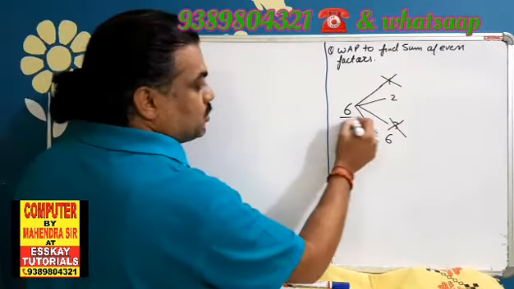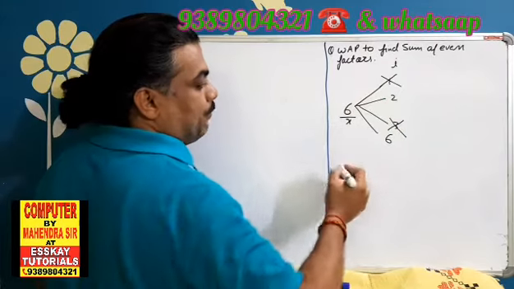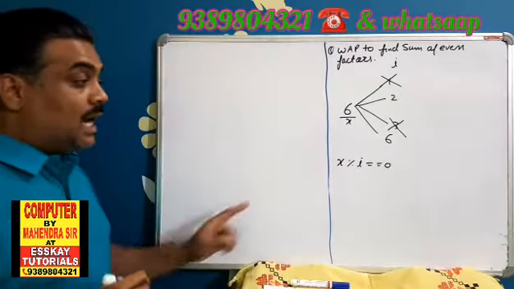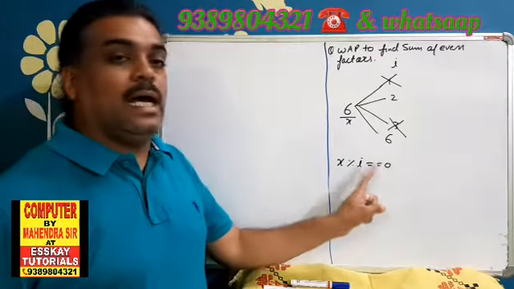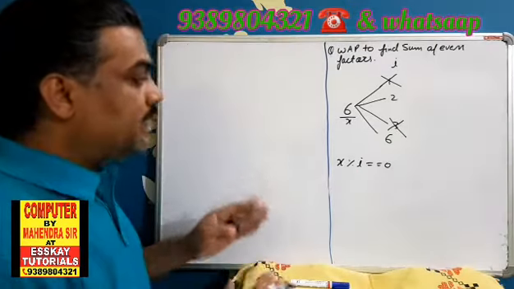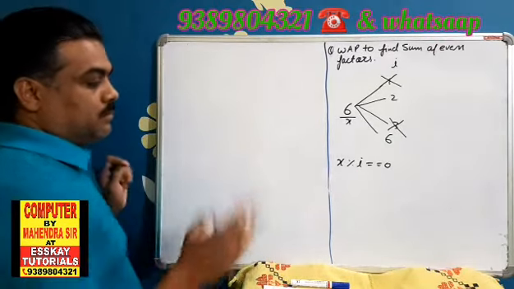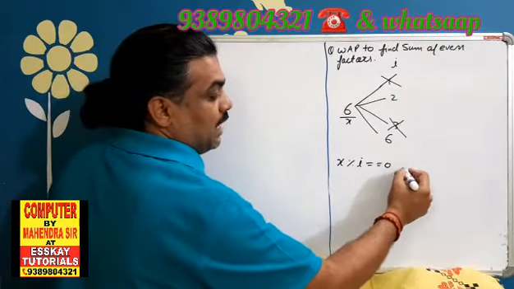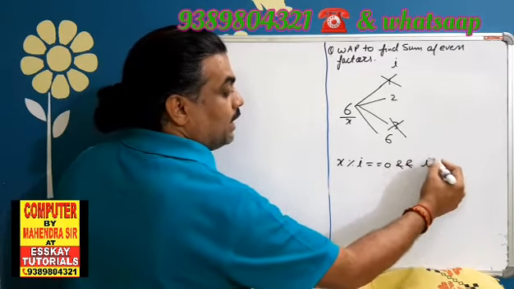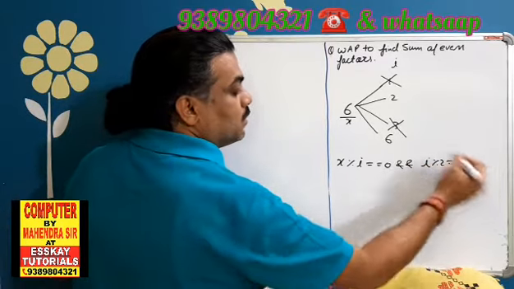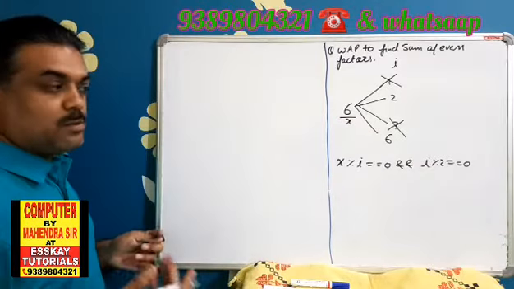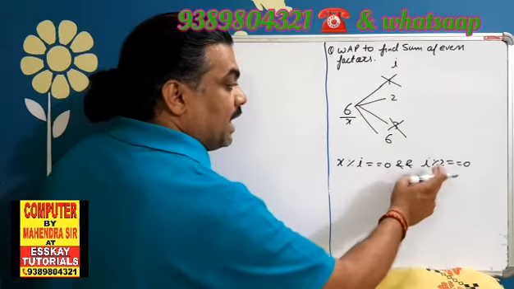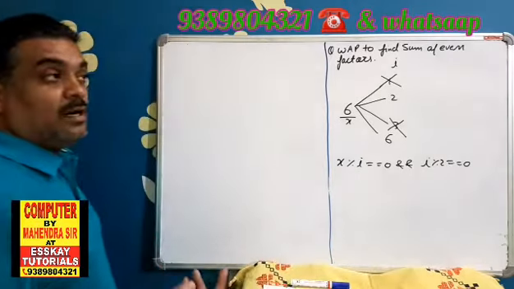How do we check? Suppose this is x and the value of I. We write x mod I equal to 0. That means I am checking if x is divisible by I, then it is a factor. Anything to be a factor must divide the number. Now I want the even factors, so I'll put an AND condition, and I mod 2 should also be equal to 0. I should be divisible by 2. If x is divisible by I and I is divisible by 2, then it is an even factor.